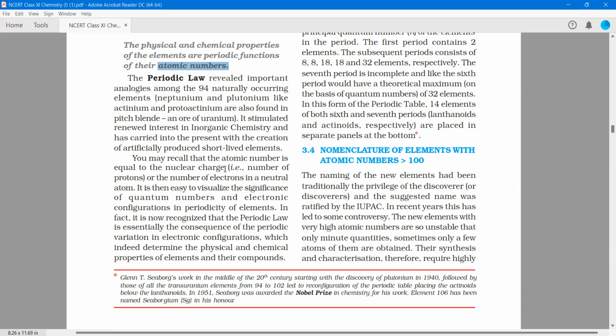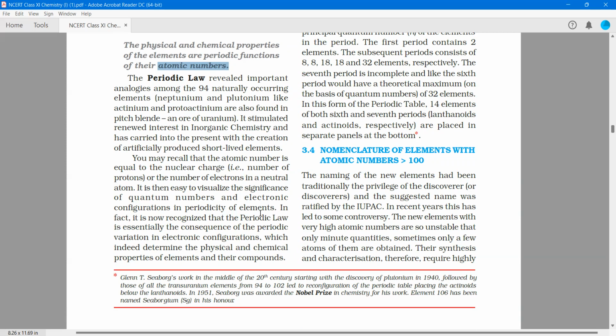So you may recall that the atomic number is equal to the nuclear charge. Whatever the nuclear charge Z is, that is equal to the atomic number. So the number of protons, or the number of electrons in a neutral atom, is equal to the atomic number of that particular atom. So it is then easy to visualize the significance of quantum numbers and electronic configurations in